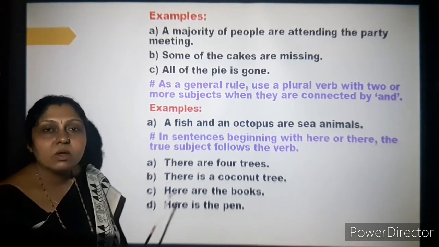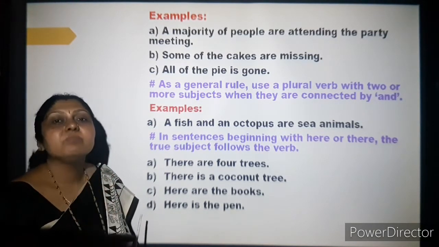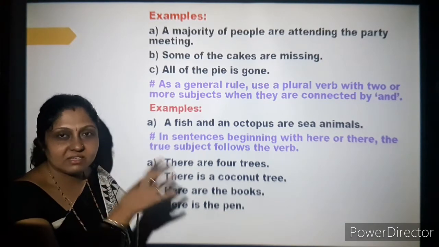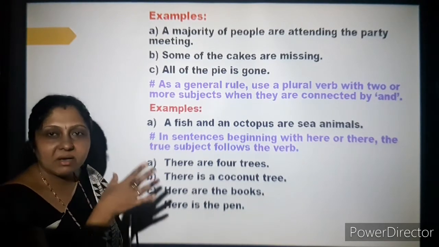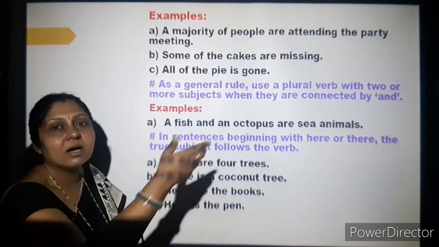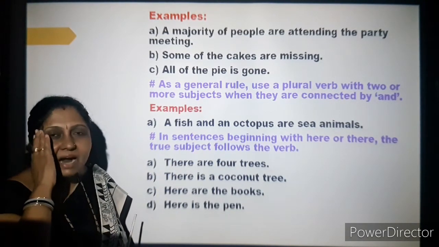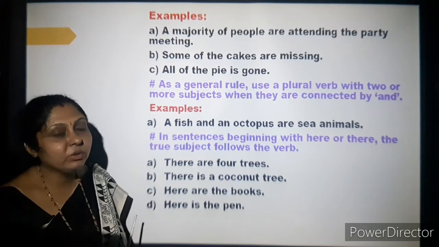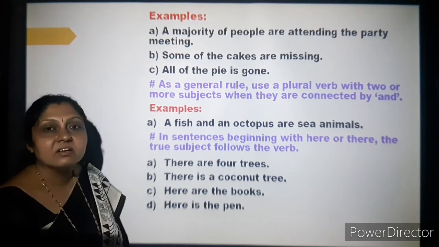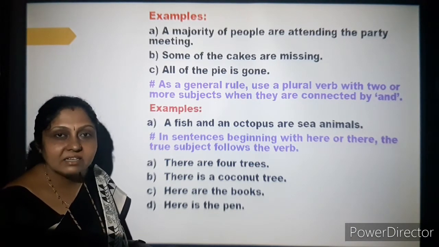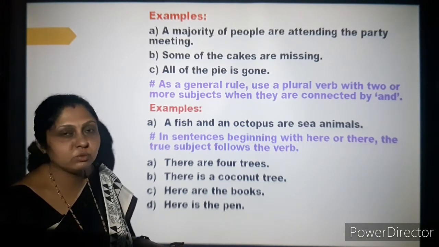So this is how, when there is a change in the structure of the sentence, usually what we think is, if it is a sentence, you will have a subject, a verb and an object. Rama is a boy. Rama is the subject, is the verb, a boy is the object or the reference you can tell. That pattern will be set in our mind, but you can have different structures of sentence wherein you have to concentrate for such things and fill in the blanks. And this is very important for both the 10th standard and the PU students.